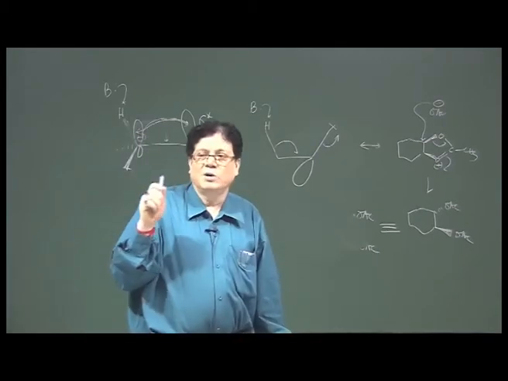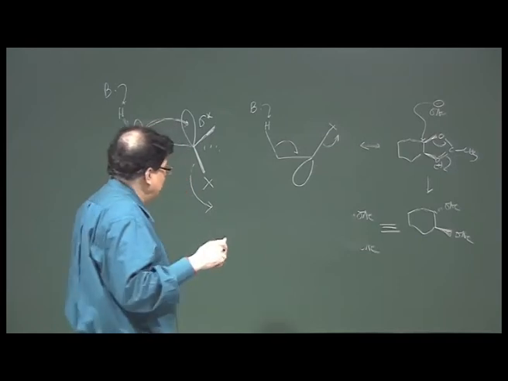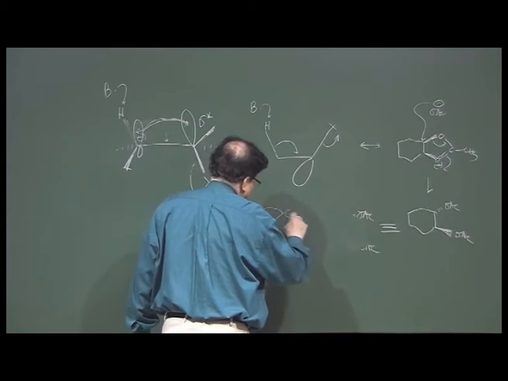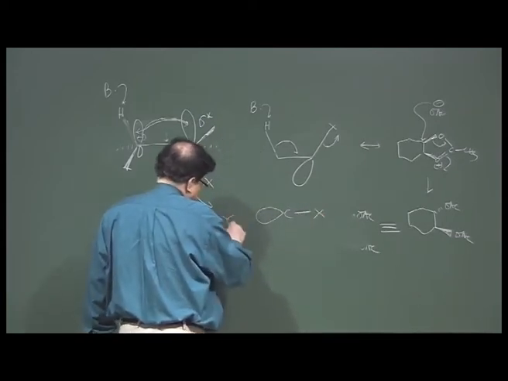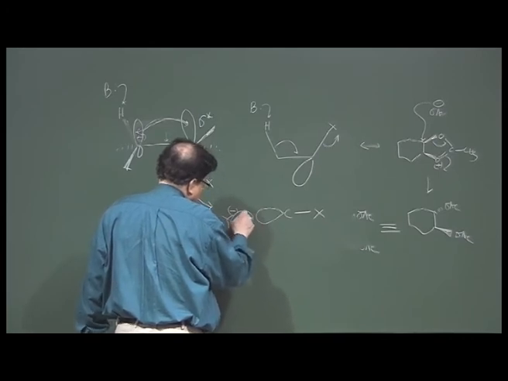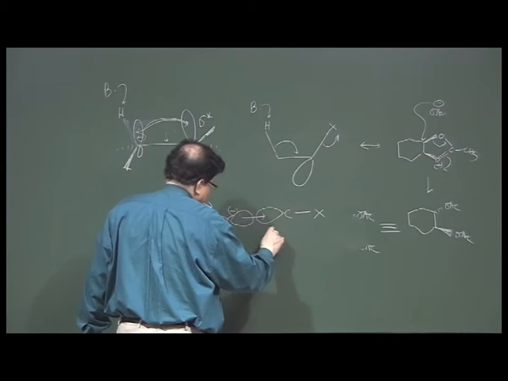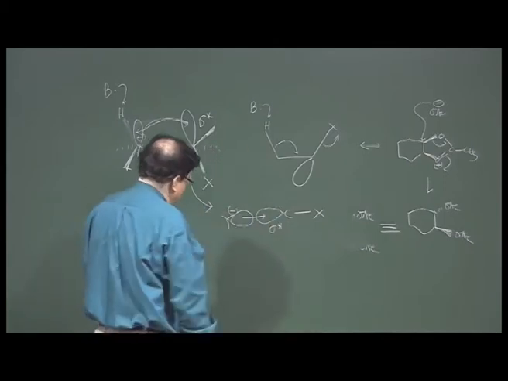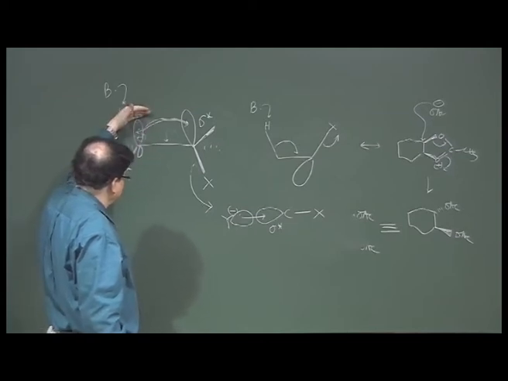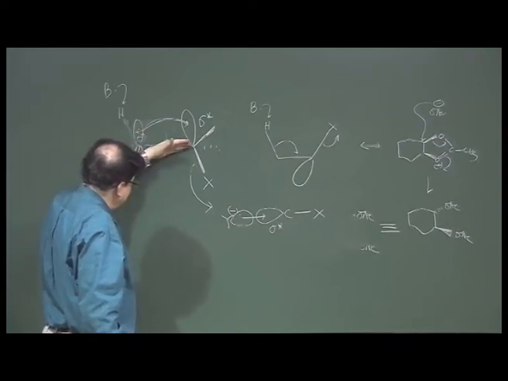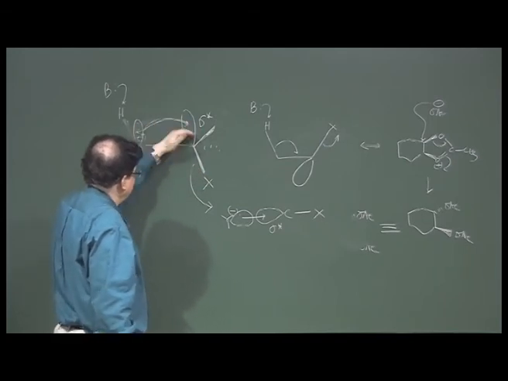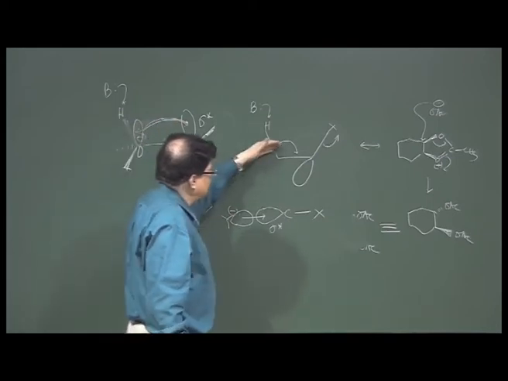This is very similar to your SN2. That is, in SN2 the backside attack takes place because the backside has the antibonding empty orbital, and this is the nucleophile. So, the nucleophile orbital is filled up with electrons, so that can efficiently overlap with the sigma star. So, it is very similar. Now, instead of the nucleophile you have a negative charge, and the negative charge is placed on the front side, front means upside, and here on the upside you have the antibonding orbital. So, there will be efficient overlap between these two. In this case it is not possible.